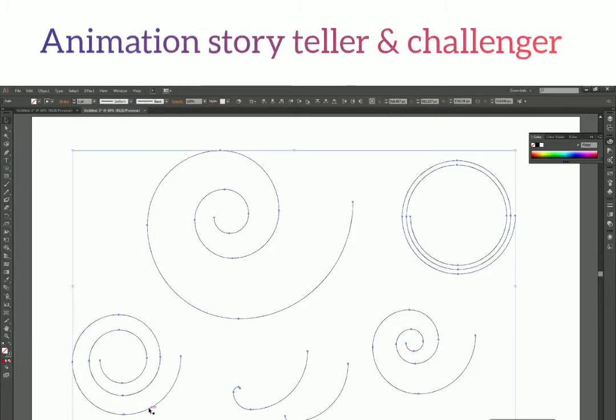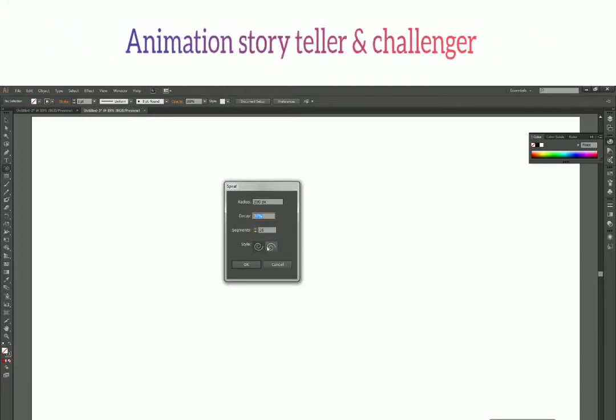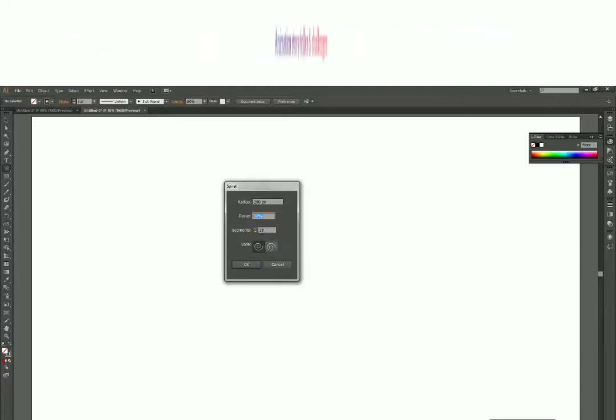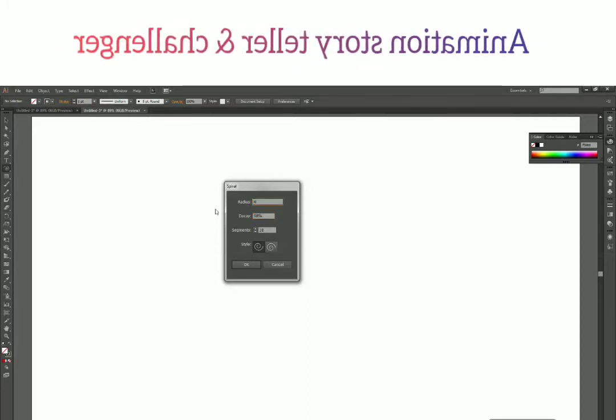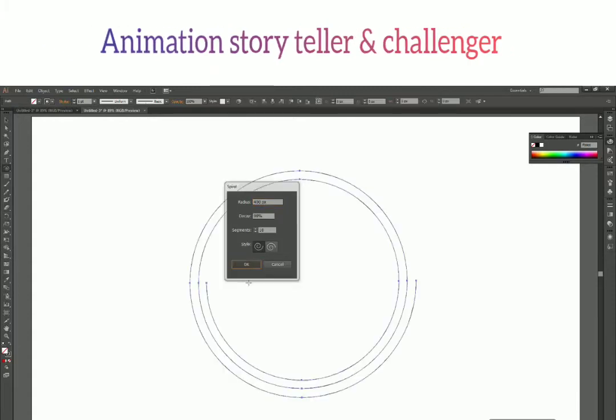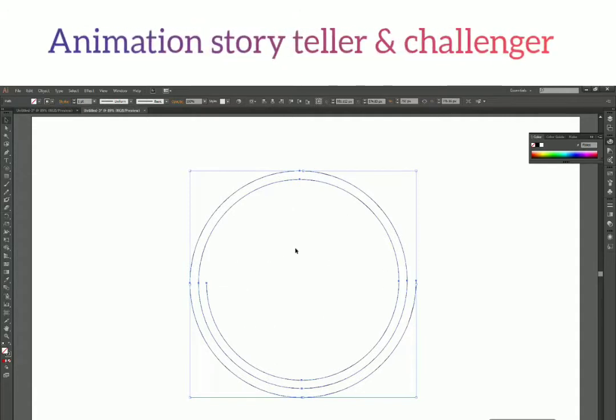Alright, so with decay clear, let's see the number of segments. To see the number of segments actually, we should have our decay at 98% or something and make our spiral 400 pixels. So we get a spiral like this. Now what number of segments will do is it will increase the number of segments inside the spiral.